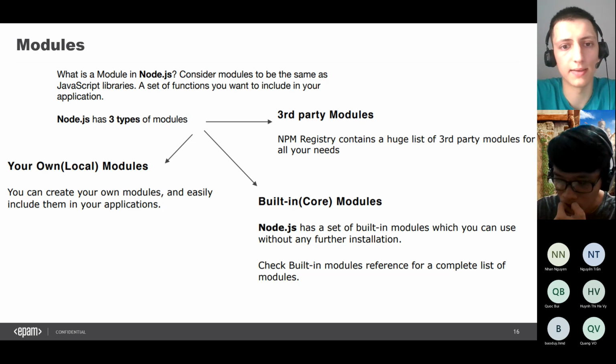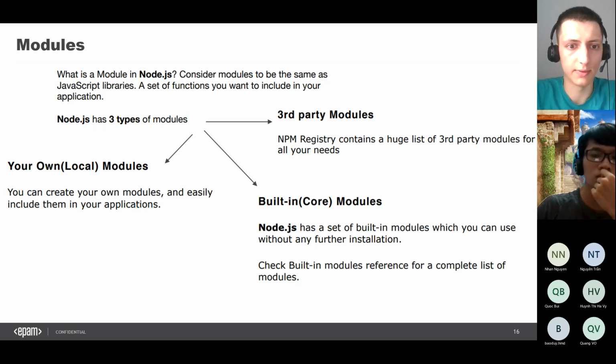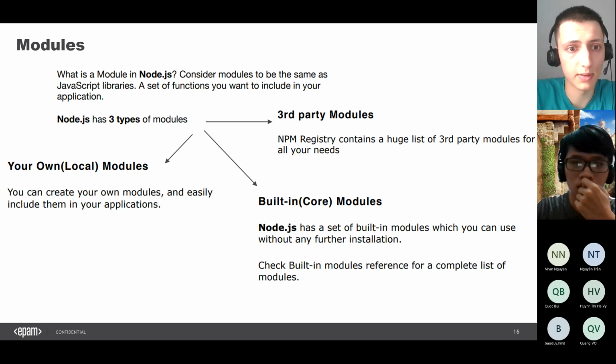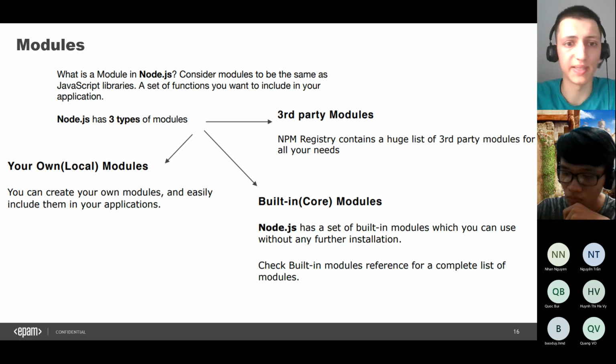Then built-in modules. These modules are already implemented in Node.js. We'll also discuss them a little bit later, but for example, you can use such modules as HTTP or FS and so on. When you want to do some low-level stuff, it's highly likely that you need to use some built-in modules.